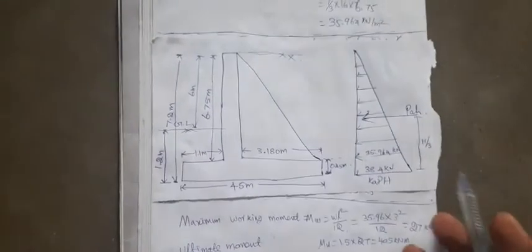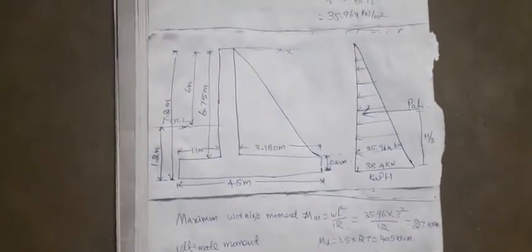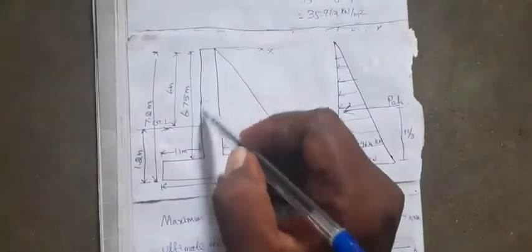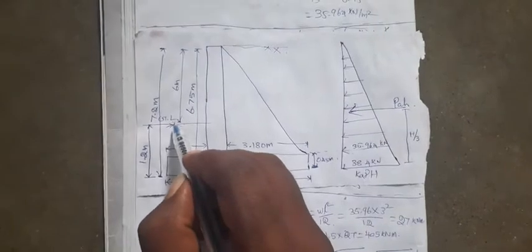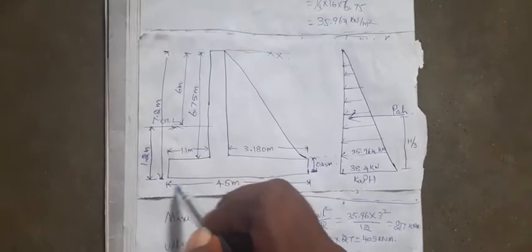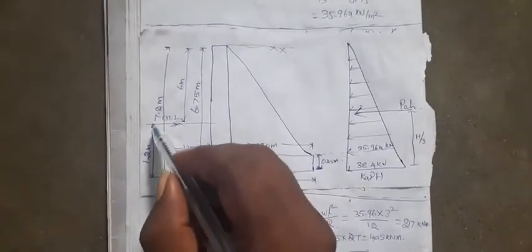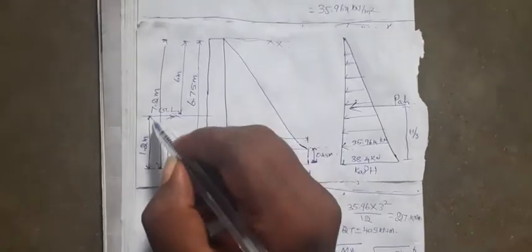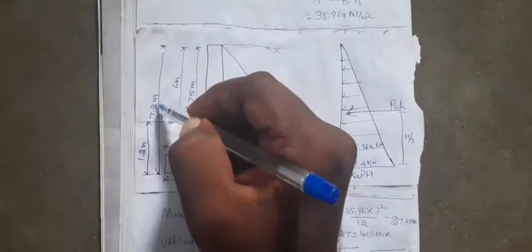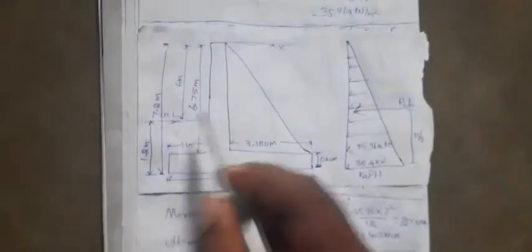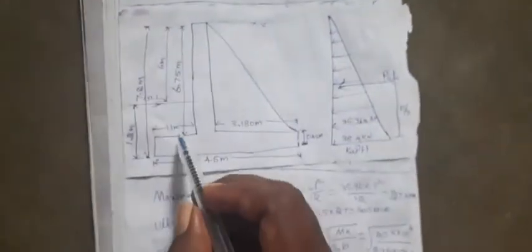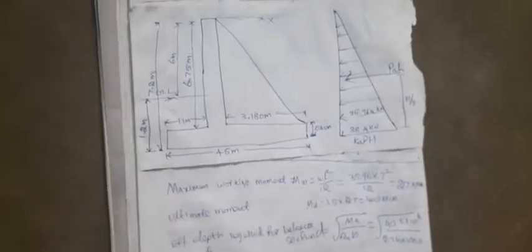And this is the detailed diagram for the preliminary dimensions of a stem. Already we know the 6 meter is the ground level. From the ground level we have a 1.2 meter foundation depth. So from 1.2 meter below the ground level we started the construction. This is 1.2 meter, then the soil to be retained is 6 meter, so the overall depth is 7.2 meter. Then 6.75 meter is nothing but the height of the stem. Then we already know the previous steps.